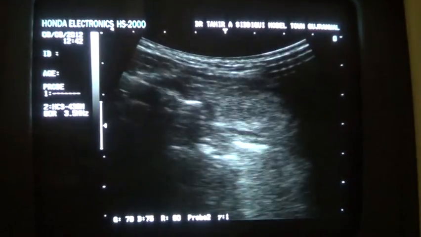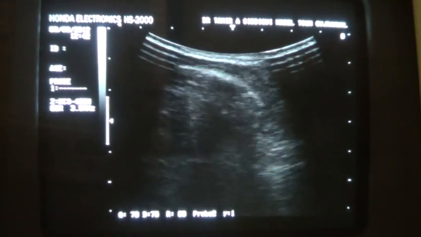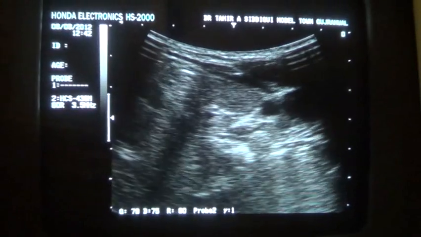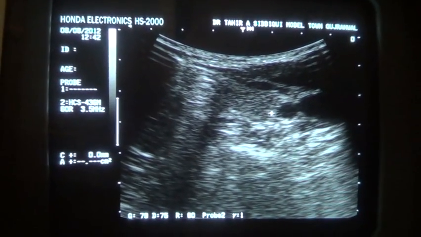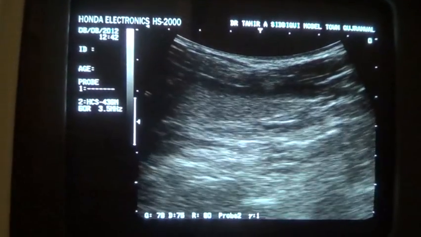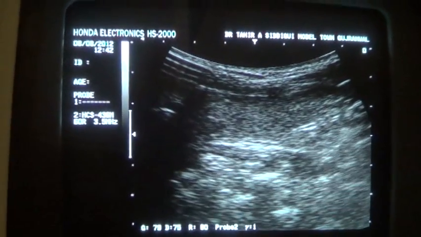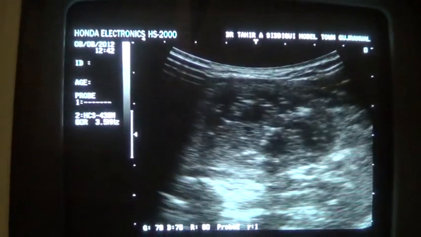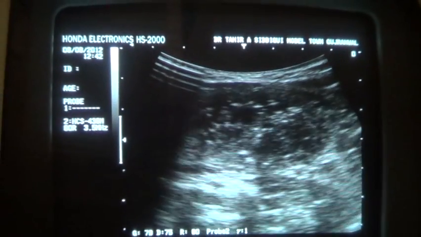This is the left thyroid gland. This area. This is the left thyroid gland in transverse section. This is the longitudinal section of the left thyroid gland. So the left is normal, and the right area